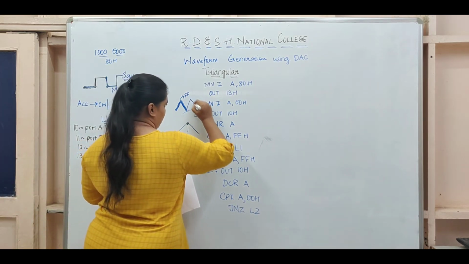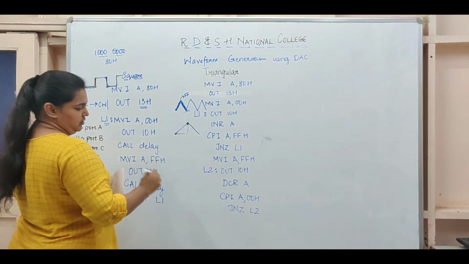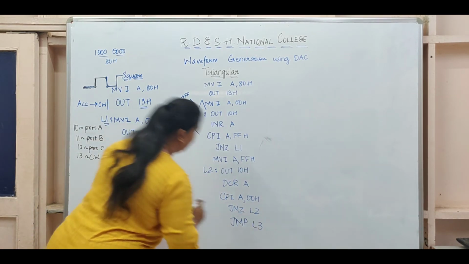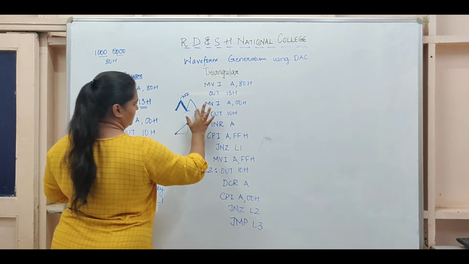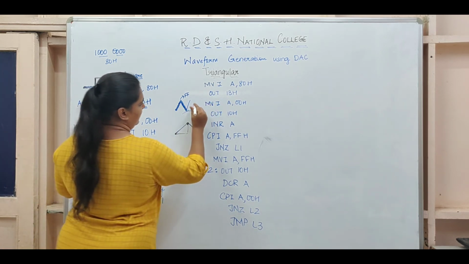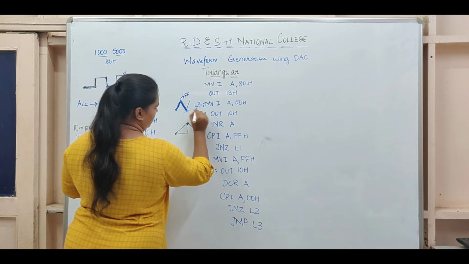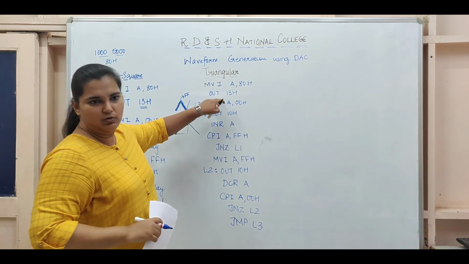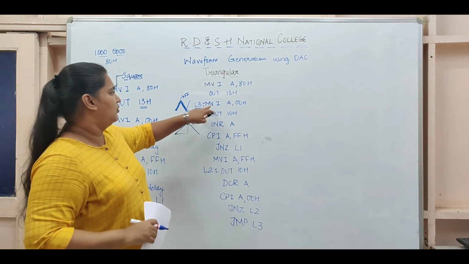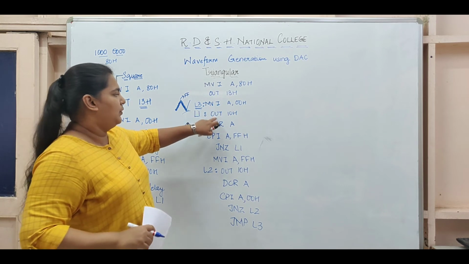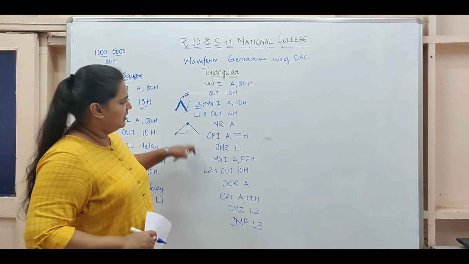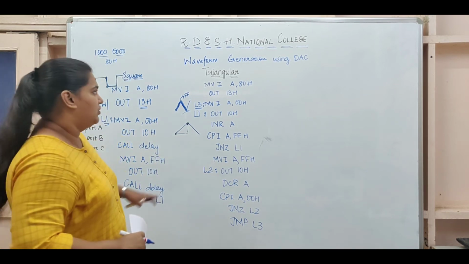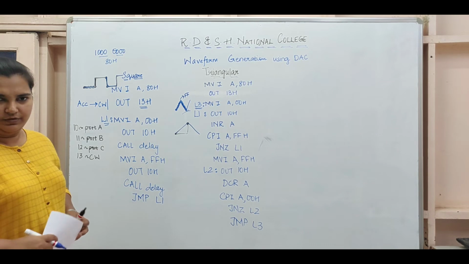If I want to keep continuing, I will give a simple jump to L3, and I'll have to just erase this because L3 will come here and I will come back here. That means I start, because I don't need to reinitiate my control word for the same program, but I again need to give the value from 0, output it, increment it, compare, keep repeating till it becomes maximum, then start decrementing and repeat. So this is for triangular waveform.